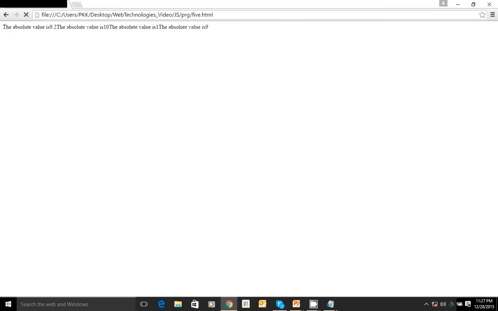Just to refresh, the absolute value is 9.2. Though it is a negative number, it gives a positive value only. The ceil value is 10, cos 0 is 1, and the floor value of 9.8 is 9. It just truncates the decimal digits. That's what happened with the floor value.